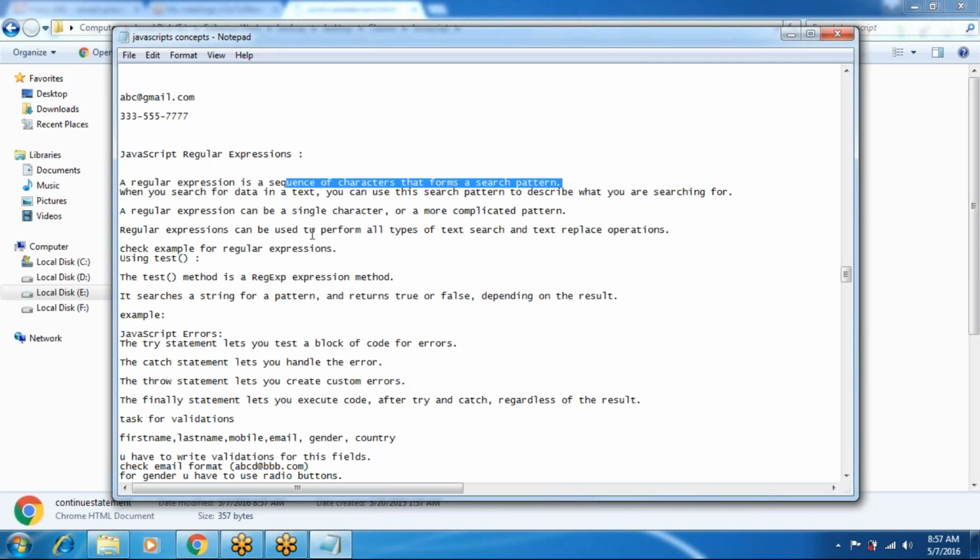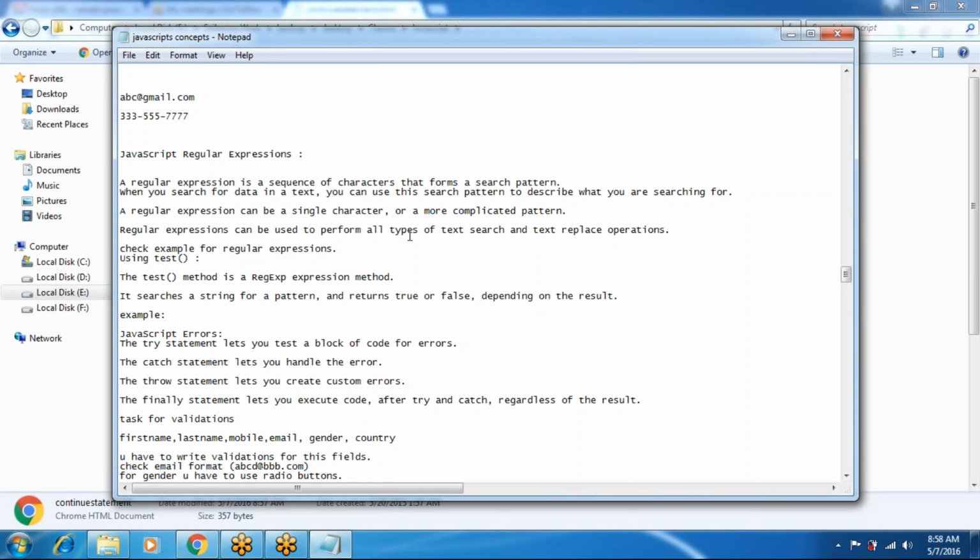Suppose on any website you are trying to register, you will get the password text box.